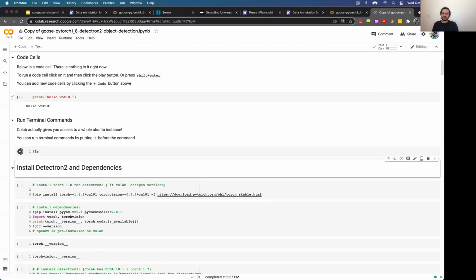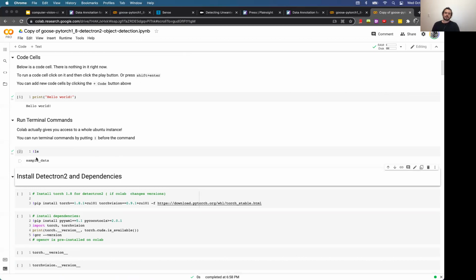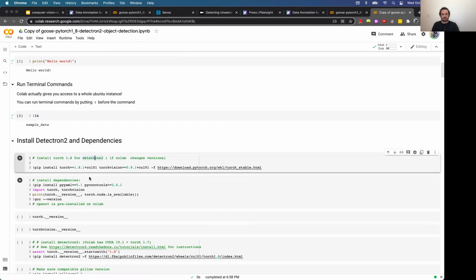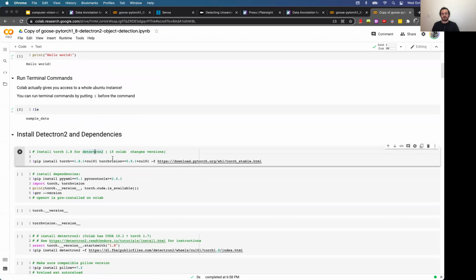ls is just really listing all the items in the directory. So we can see there's a folder called sample data right now. And then we can pip install different libraries as well. So Colab comes pre-installed with all the major frameworks like scikit-learn, TensorFlow, PyTorch, and I'm going to go ahead and